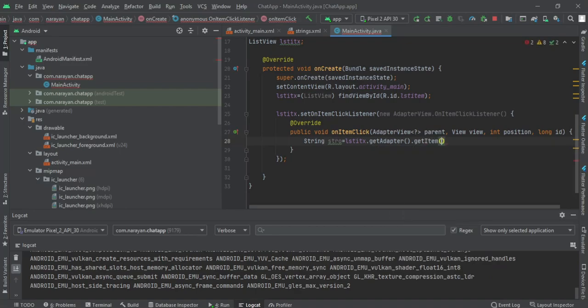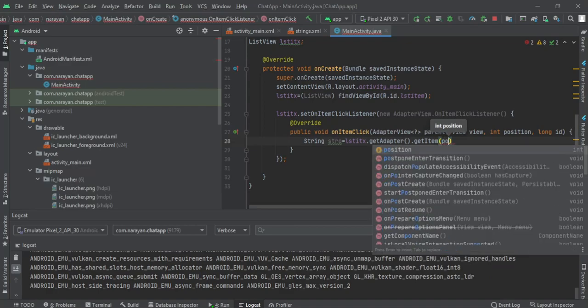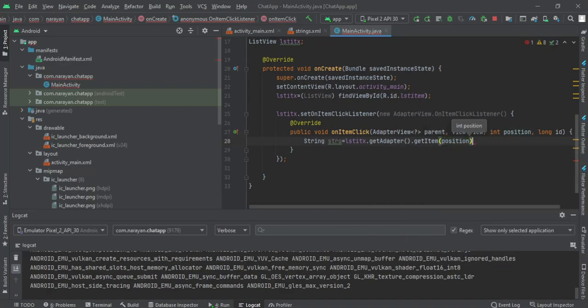Here you need to pass a position, and I will explain in the custom adapters video how these methods are overridden in base adapters that we could write to create our custom components. But for now we'll just pass the position parameter that is readily available with the function here.